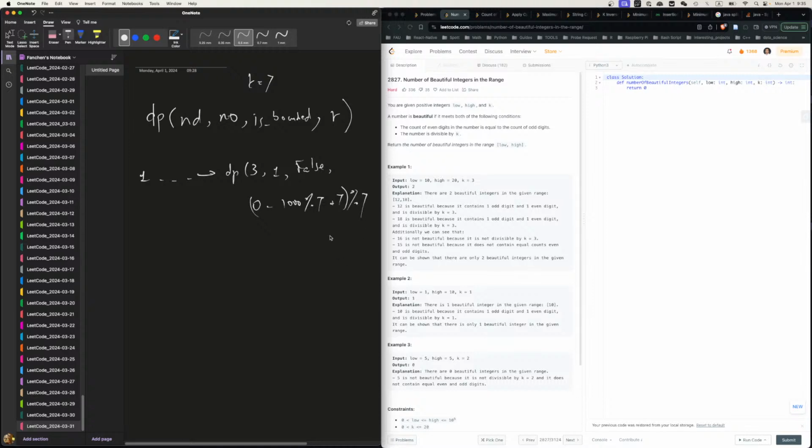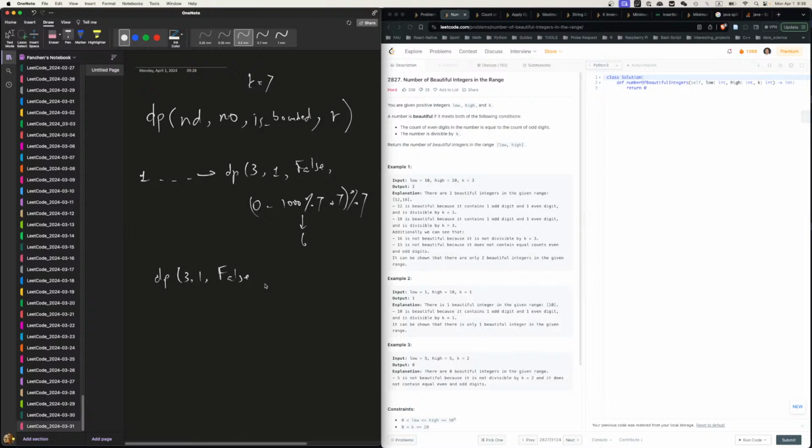I think that's what it needs to be. And 1,000 mod 7 is... Oh, actually, I'm not quite sure. 1,000 mod 7 is 6. So this whole thing is 1. So we are doing dp 3, 1,